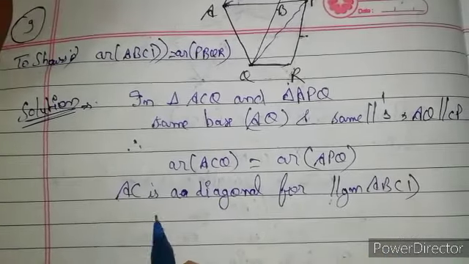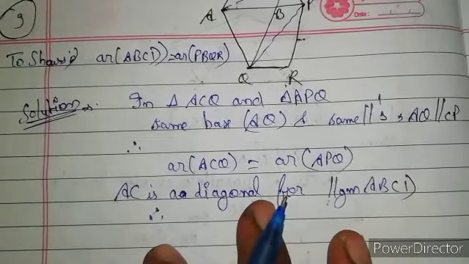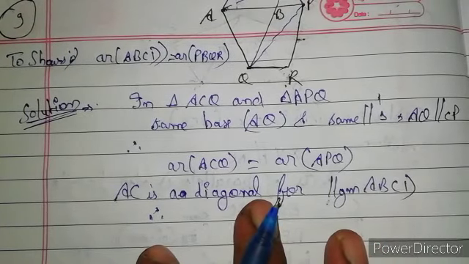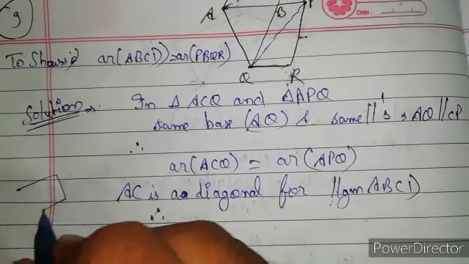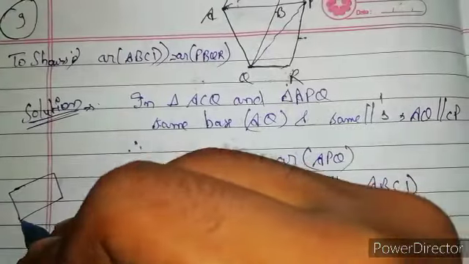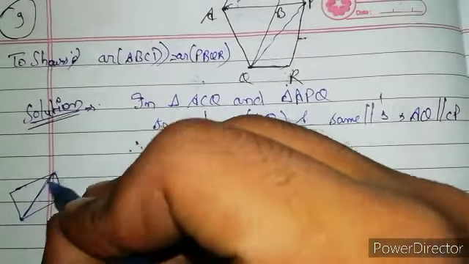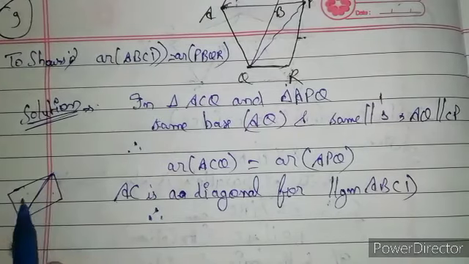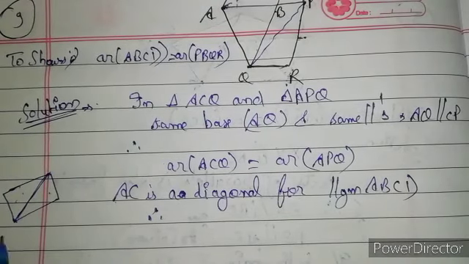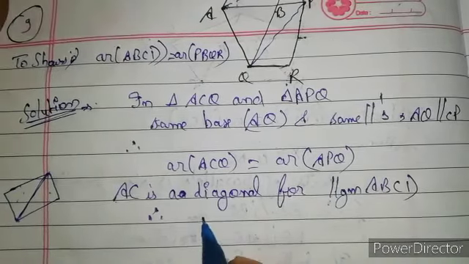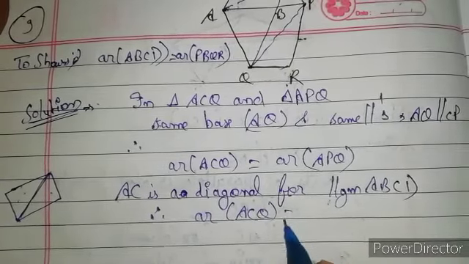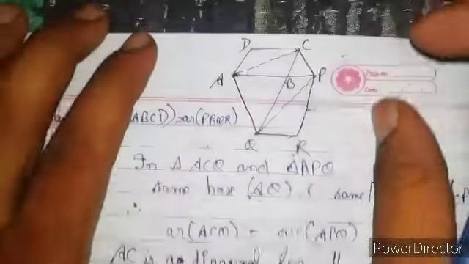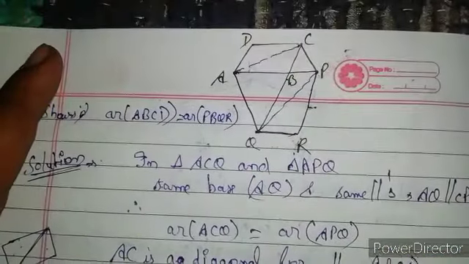Therefore we know that a diagonal bisects the parallelogram into two equal triangles. Whenever we draw a parallelogram and draw a diagonal here, it will divide the parallelogram into two congruent parts or two equal areas. So therefore we can say that area of triangle ACQ is equal to